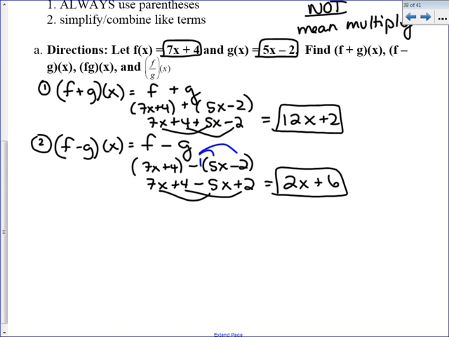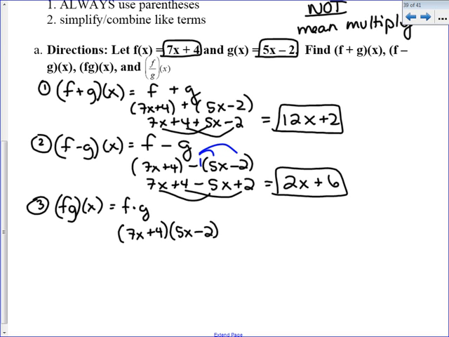Now the third part of this is looking for f times g of x. What do you think we need to do with those two functions? Someone said it quietly. Multiply them. Use parentheses. So this is just saying take f and multiply it by g. Don't put an extra x on there. Just f times g. So if I put my f of x in parentheses and I multiply it by my g of x,